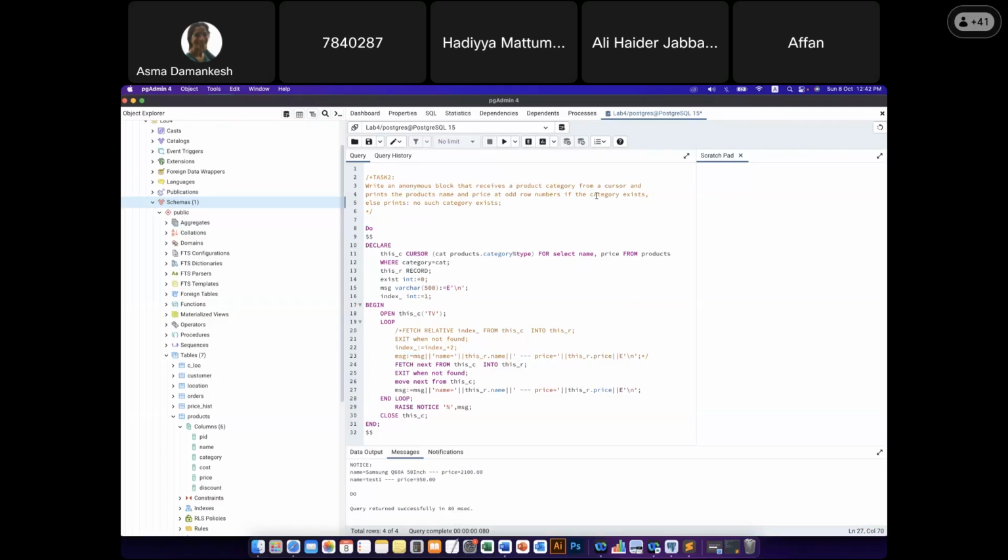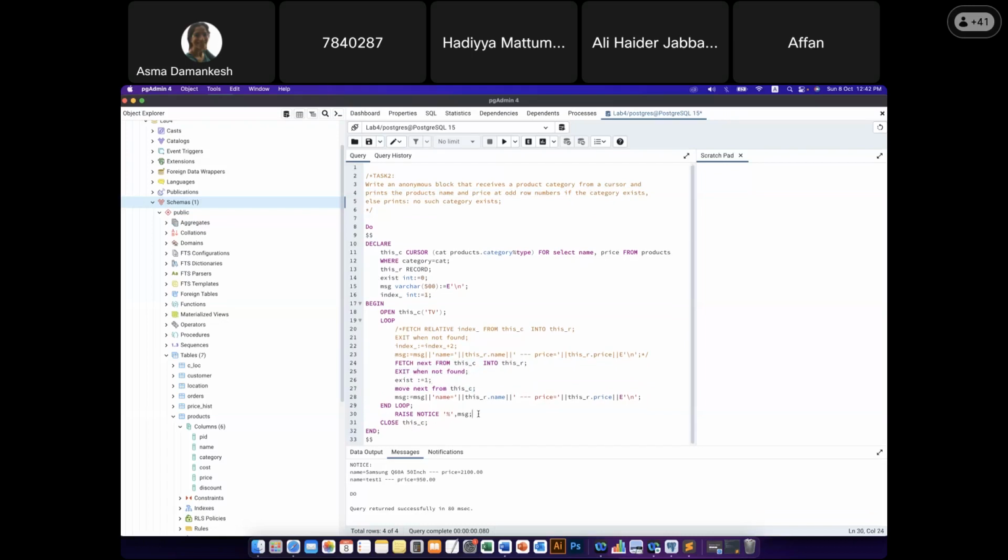Am I done? No, because it says if nothing is found, I need this message. I don't need these messages. That means now I need to find out when I am inside and I can fetch. If I can fetch, it means I found something, right? So here I would say exist colon equal 1. And when I'm outside of the loop, I say, does it exist or not? If exist is equal to 1, sorry, 2,